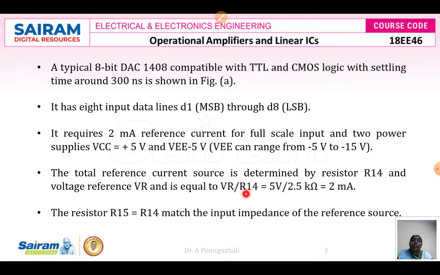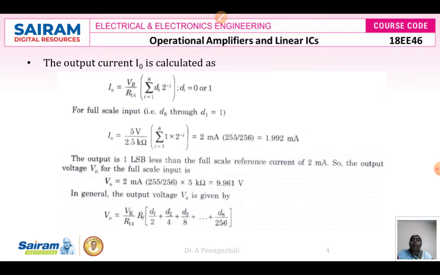If I choose my R14 value to be 2.5 kilo ohms and the reference voltage to be 5 volts, then my total reference current is going to be 2 milliamps. The resistance R15 is equivalent to R14. Why? Because to match the input impedance of the reference source, we make R15 equivalent to R14. So the output current I0 is calculated as I0 equals VR by R14